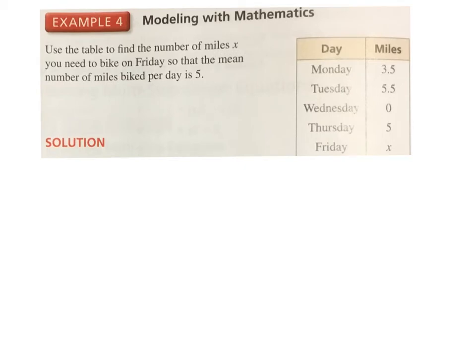It says use the table to find the number of miles X that you would need to bike on Friday so that the mean number of miles biked per day is 5. Okay, well, we need to know what this word mean means. So let's start with that. The word mean refers to the average value